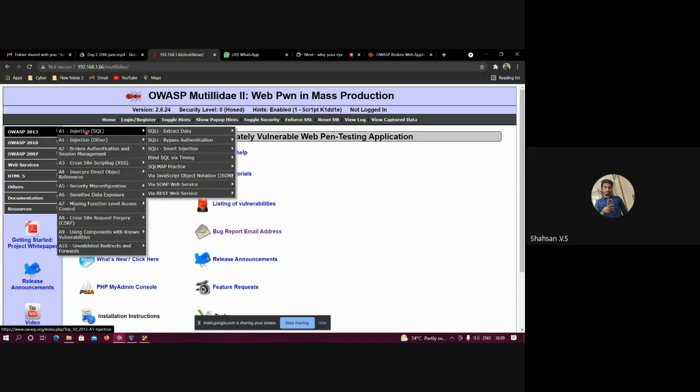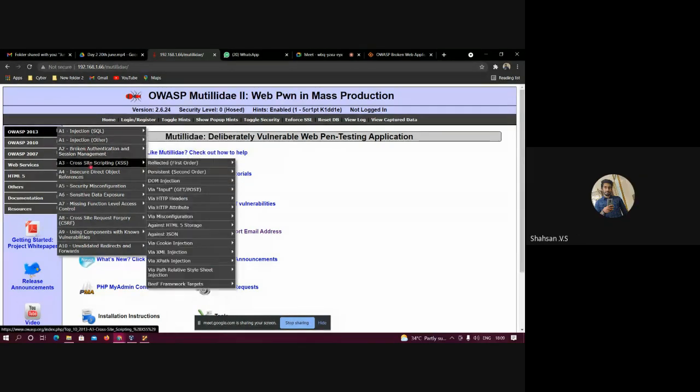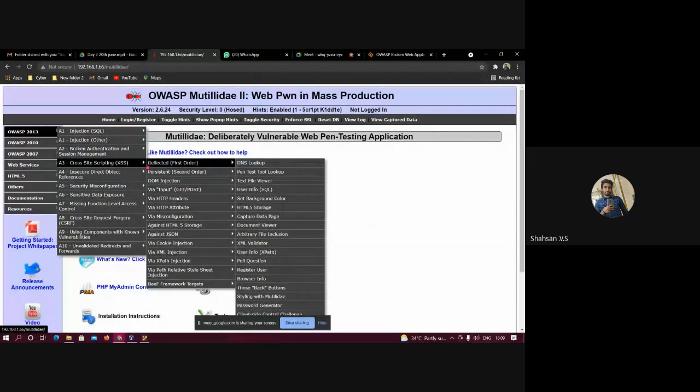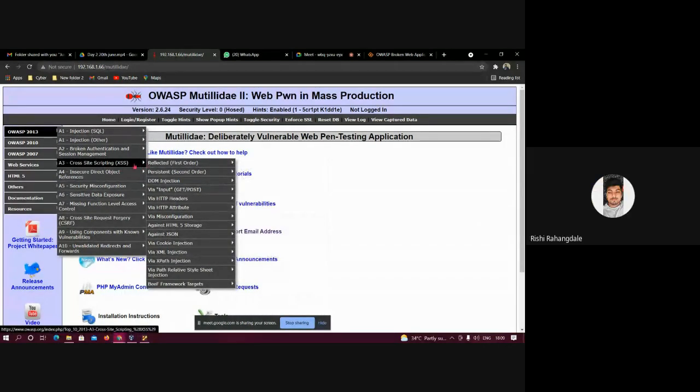So injection attacks include SQL attacks, then HTML injection, then XSS, and there are various others like file inclusion. There are many injection attacks. So now we'll deal with XSS. In XSS, there are mainly two types of attacks, that is reflected and persistent. So in reflected, what happens is that,